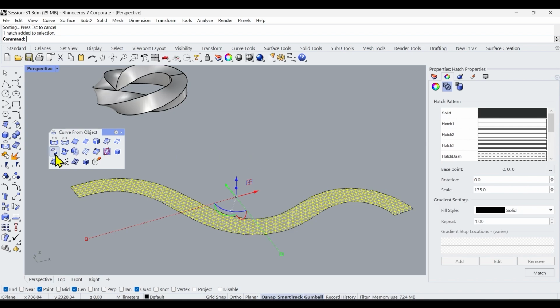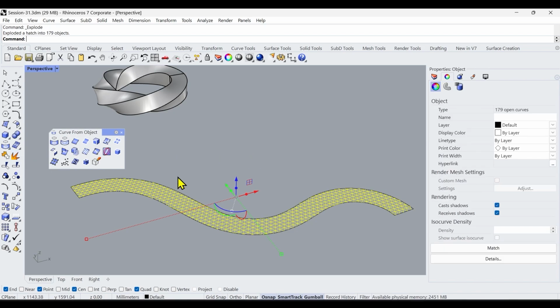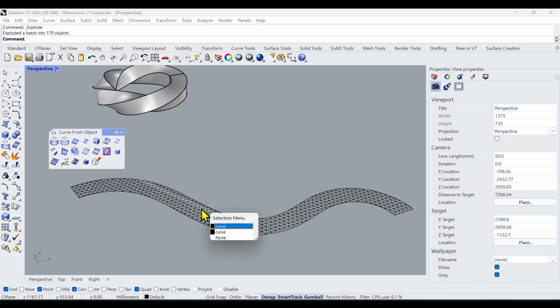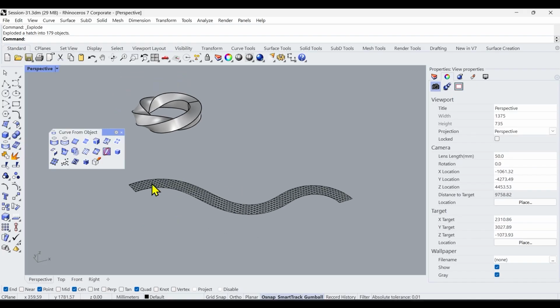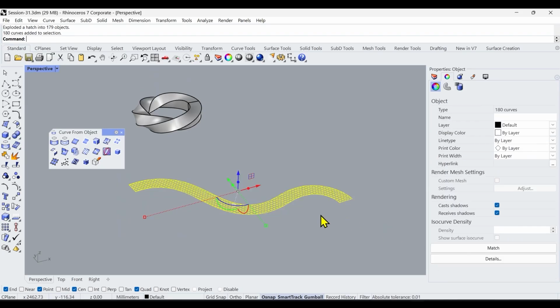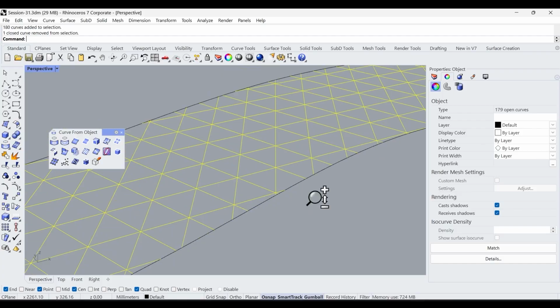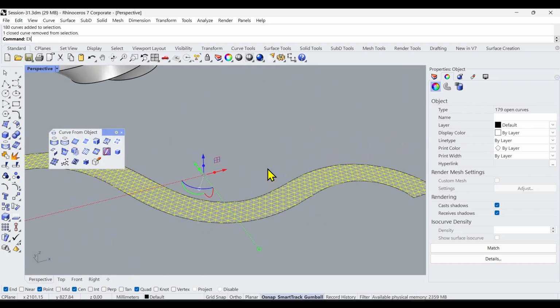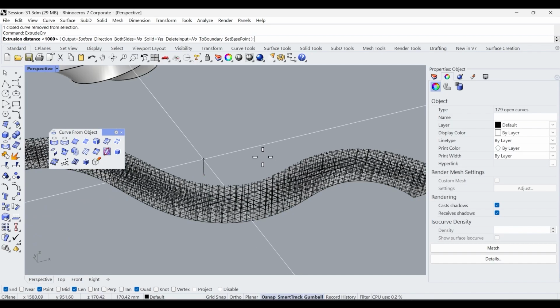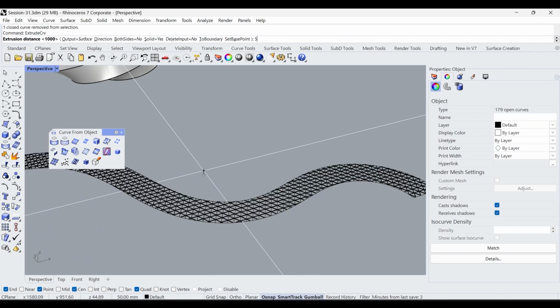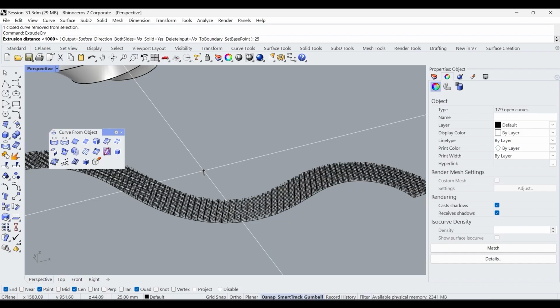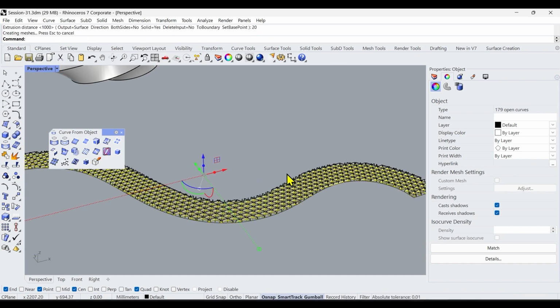So I have to explode this. So I will use the explode command. Now I can extrude this curve, right? So I will select the whole set of hatch patterns, just deselect my boundary, and use extrude curve. Extrude upwards. Let's say 50 mm or 25 mm is also fine. 20. Yeah, and then offset surface,